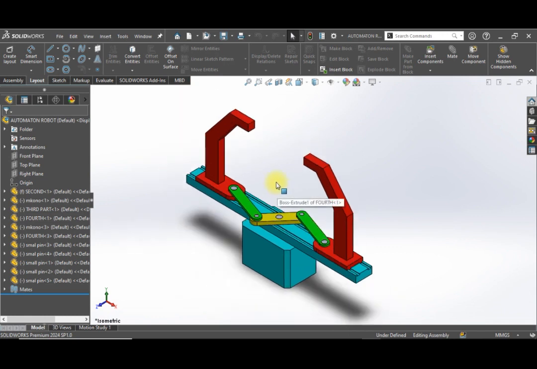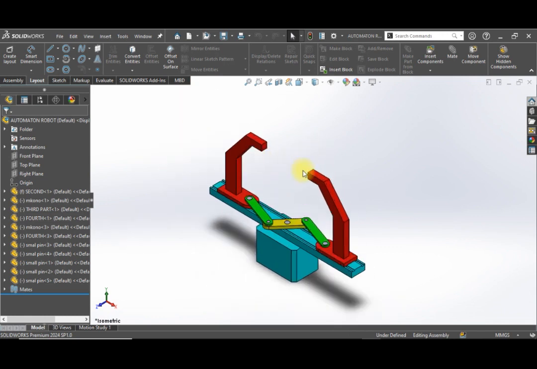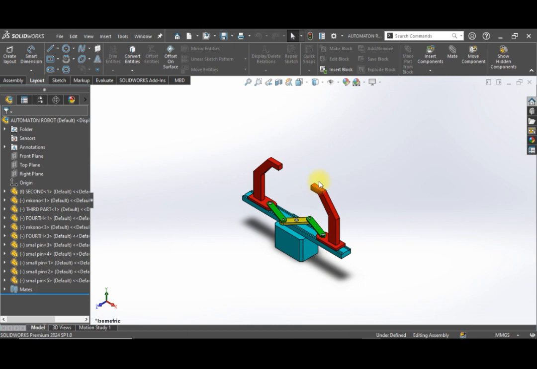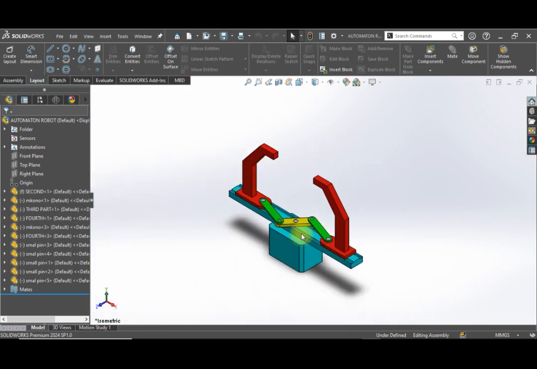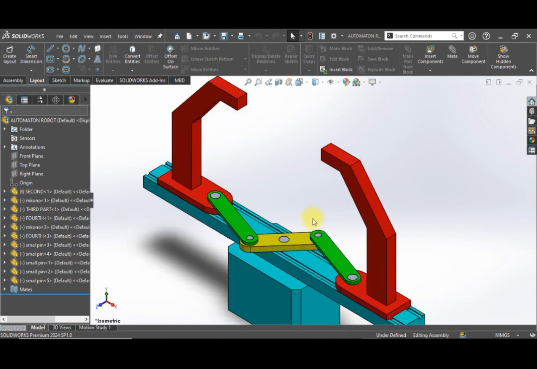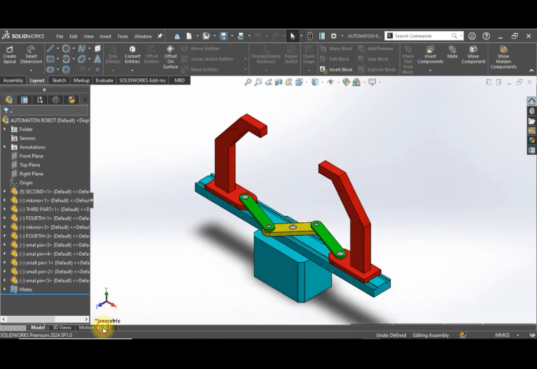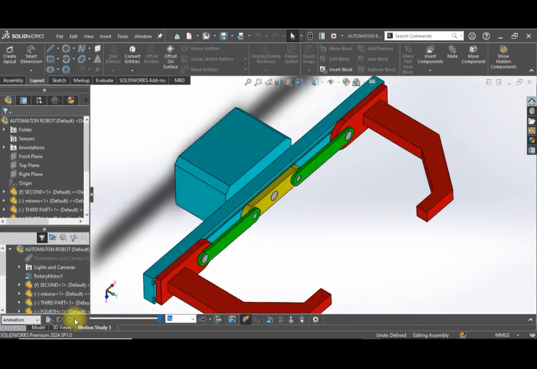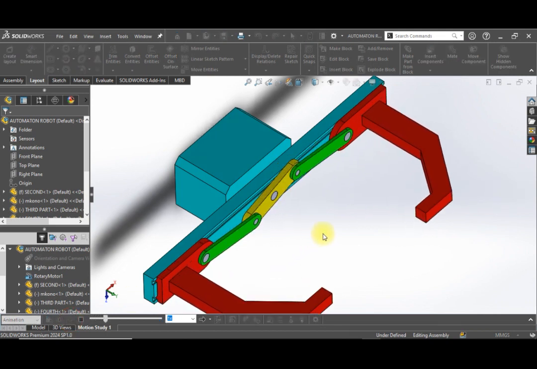Today we are going to look at how we can assemble this simple motion mechanism. You can also call it a simple robot, which we assemble and then do its animation, the motion simulation. As you can see,